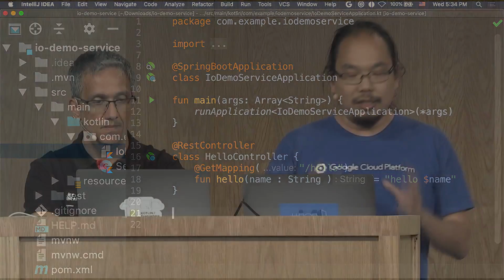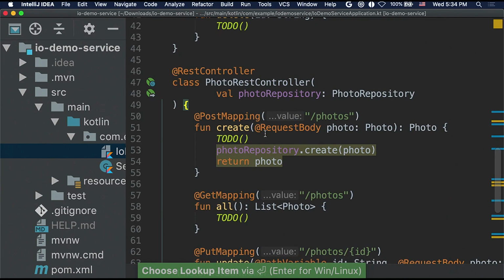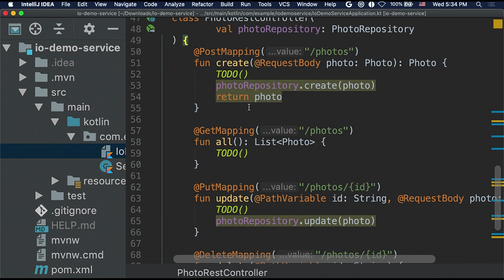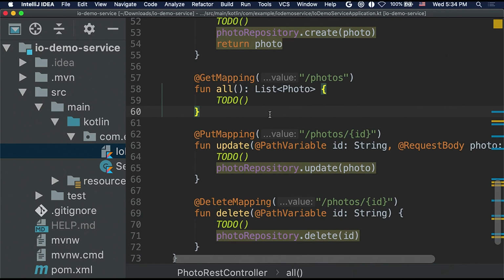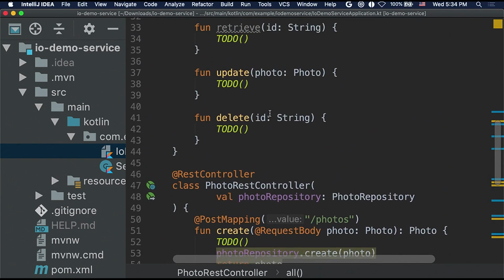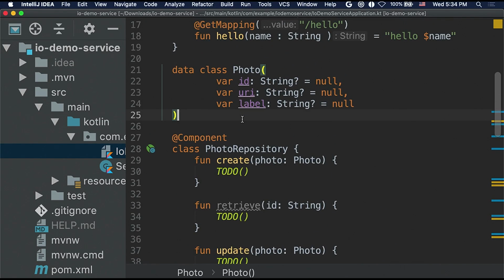Now, for this application, though, we need to do a lot more than just saying hello world. We need CRUD operations. We need something that's RESTful. So typically what people do then is to go ahead and implement, using the controllers, using these mapping annotations, the rest of the API. So for example, you need post to create a new object. You need to use get to retrieve the list of photos, delete and put for the updating and deletion, right? And there's a lot of to-dos you may have to add to your application, and these are some